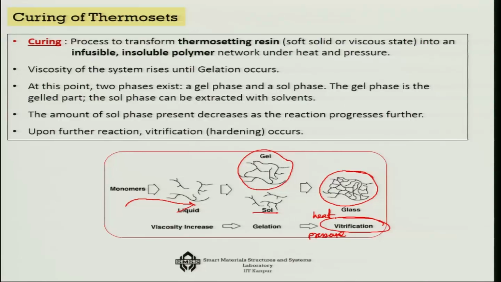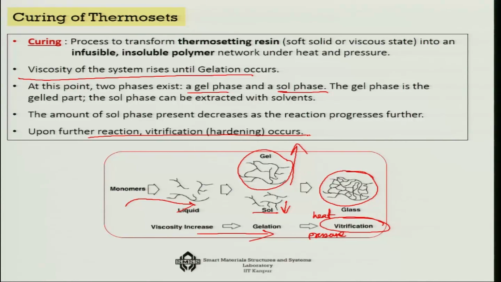Okay. So over time, as this gelation is happening, the viscosity of the system will continuously increase, and in between you will get that intermittent phase of gelation where you will get a gel phase and a sol phase, as I told you. And with respect to time, the sol phase will gradually decrease and the gel phase will increase, so that basically you get all interlinked phases, and then the hardening or the vitrification is going to occur